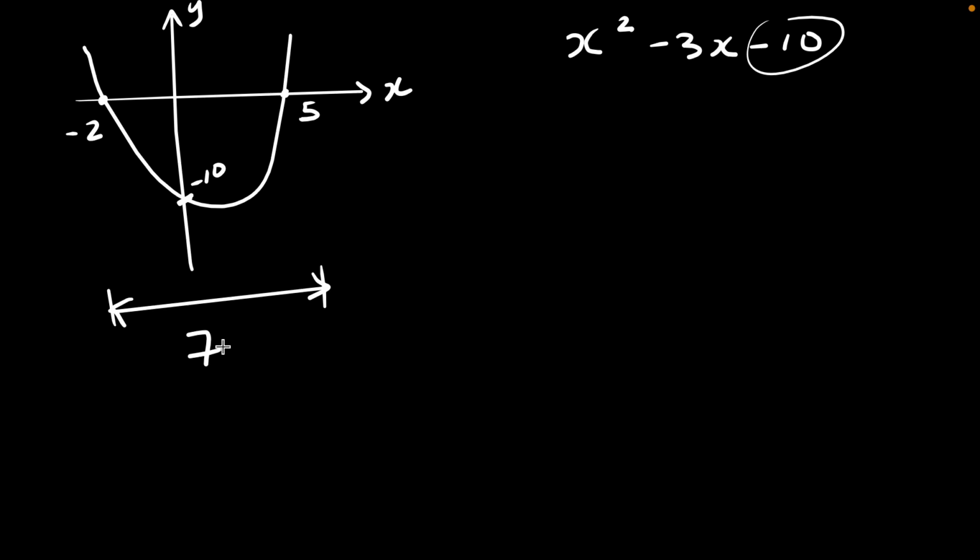Which means our axis of symmetry is 3.5 units from either side, right? So if I go 3.5 this way, I'm going to go 2, then 1.5. I'm going to be right about here. And this would be 1.5 or